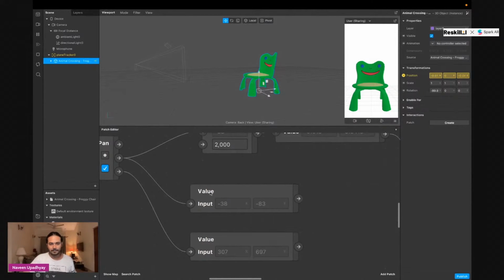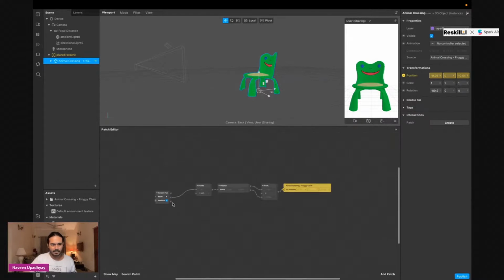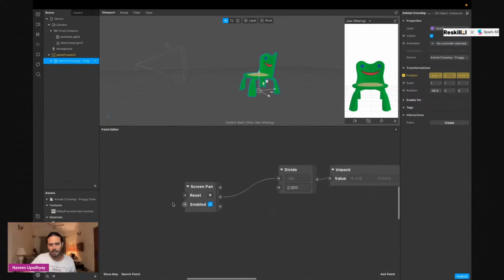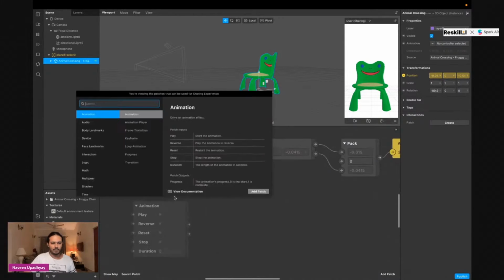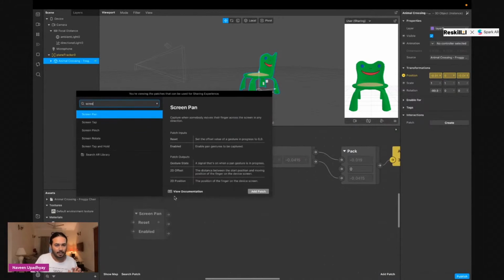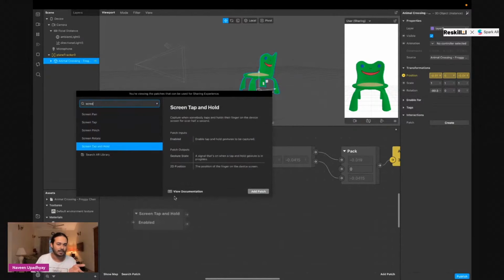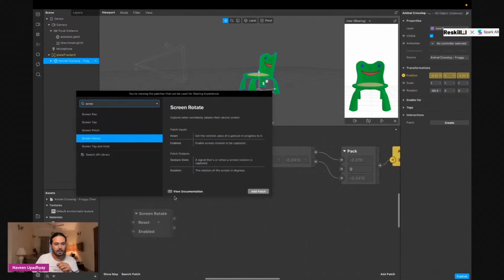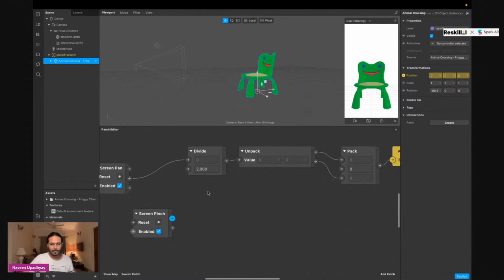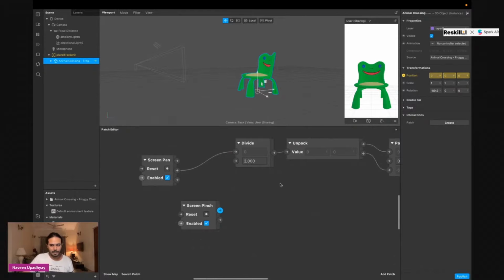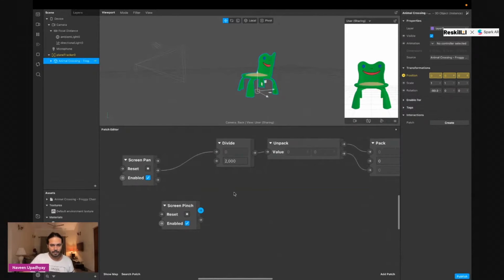All right. Is this clear? And we'll come back to the pinch now. Now we're going to go to screen pinch. So these are 1, 2, 3, 4. Oh, there is one more patch, screen tap and hold. That also we can cover. No worries. We're going to go to screen pinch, and similarly, we're going to keep everything that we have here,